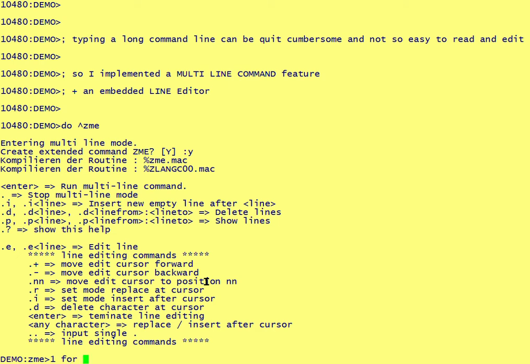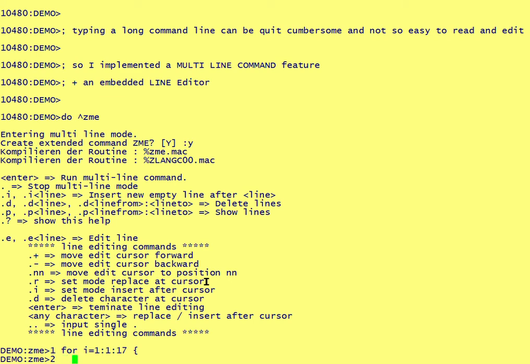So let's do something very simple. A for loop, step and step, or 17. Okay, and now in a normal case I would need to continue this, so I just hit enter and say write my command, give it a tab, let's say I modulo 3 plus 4, no, plus 4,